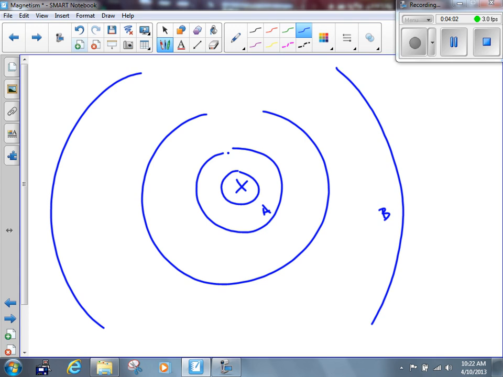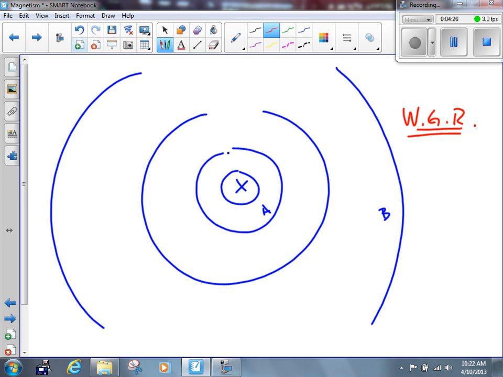Now, how do we figure out what the direction of this magnetic field is? We got the shape of it. Okay, we know what it looks like. We know that it's a non-uniform field because it varies depending upon where you are. But how do we figure out what the direction of the magnetic field is? It's a vector field. It's got to have a direction. We're going to use the Wiregrass Rule, right? And the Wiregrass Rule,